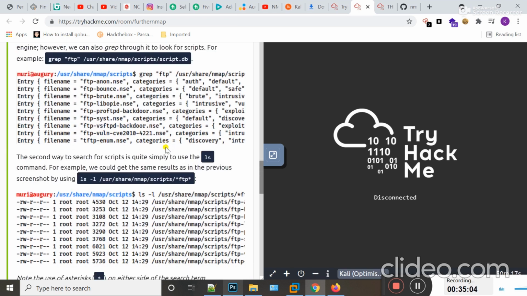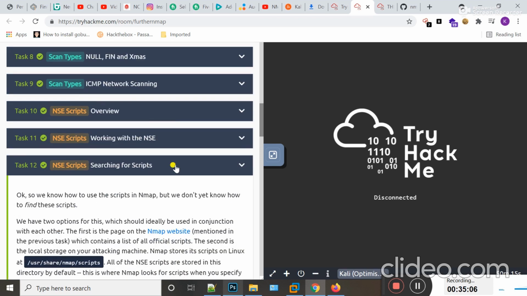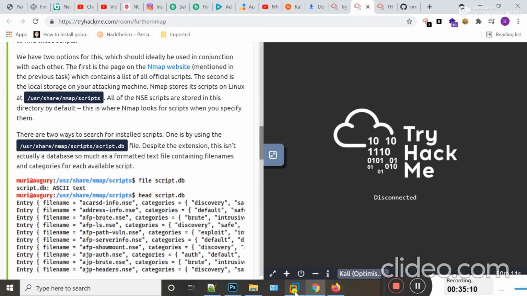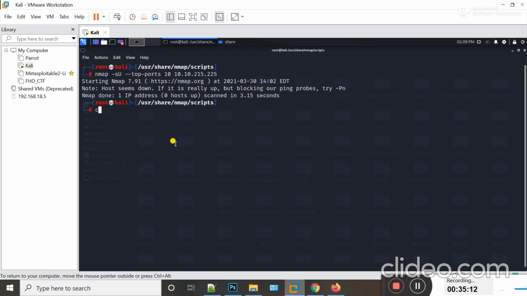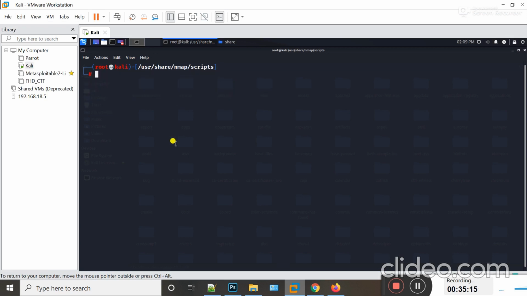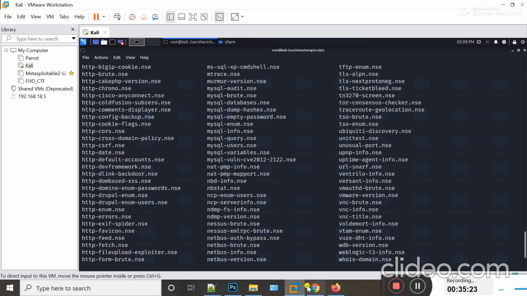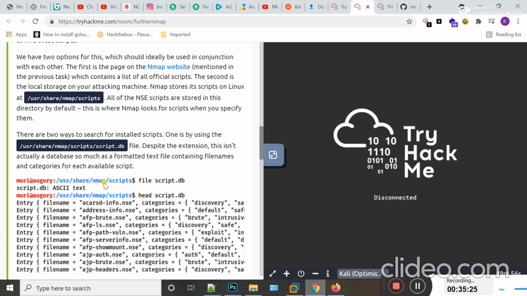Okay, searching for NSE scripts. How can you search for NSE scripts? As I already told you, all the scripts are present in this directory. If I type here ls, you can see all NSE scripts are present here. You can search any script by its name.